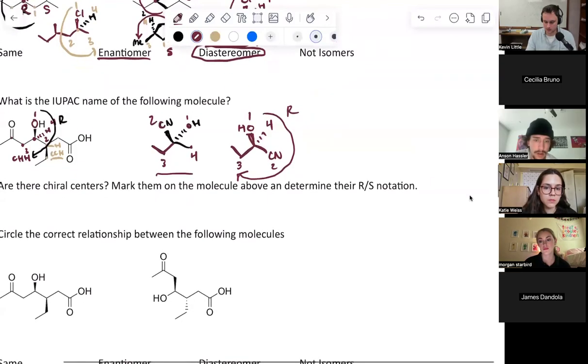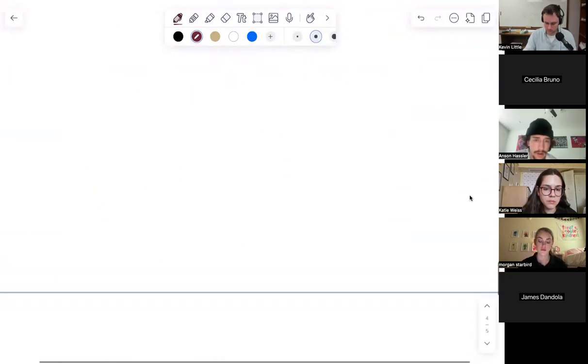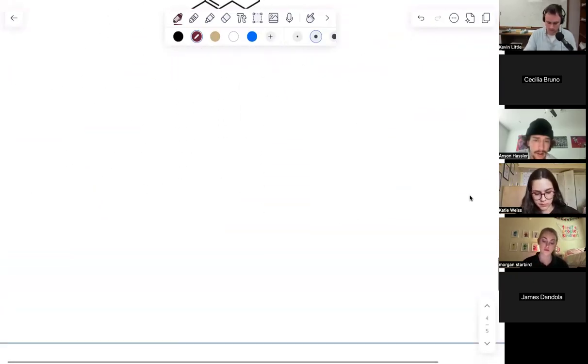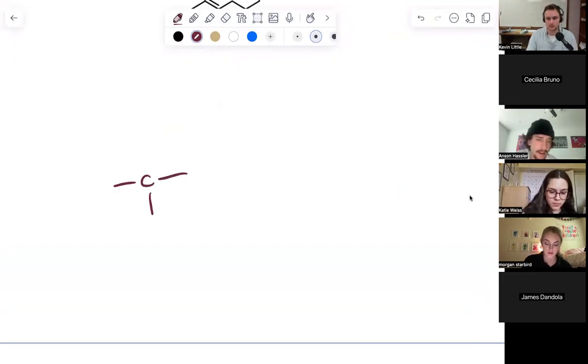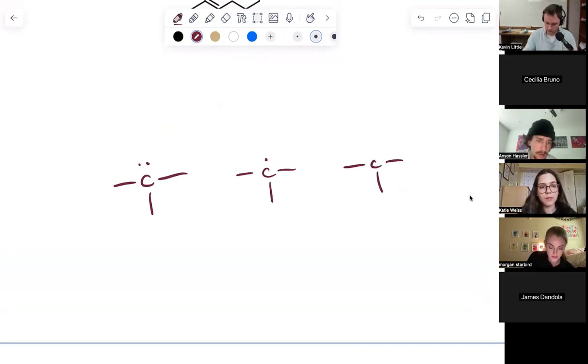Let's say we have this carbon versus this carbon versus this carbon. These right two carbons don't quite fill the octet rule, but believe it or not, you can have less than an octet. You just can't have more than an octet. You'll never ever have more than an octet, but you can have less than an octet. So what's happening here is